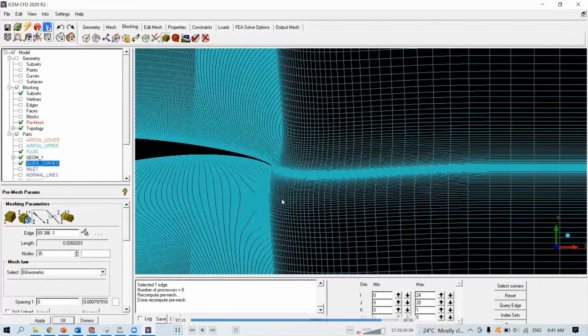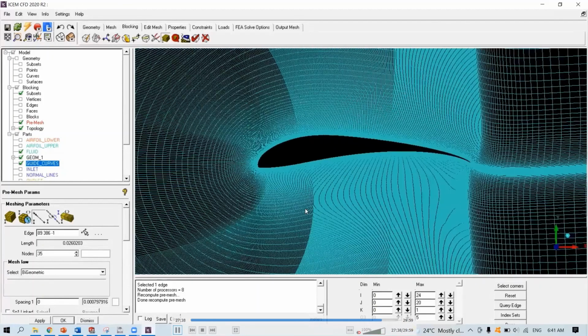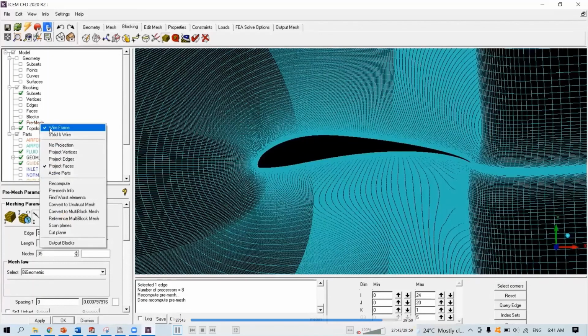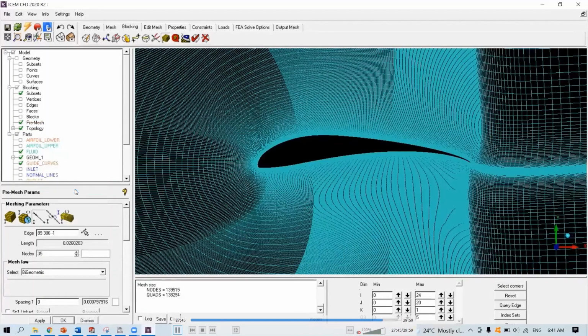The mesh is following the guide curves, and the mesh near the airfoil is normal. So supposedly it should be okay. Now we have the number of cells of 140,000. Yes, it is a lot, but depending on your application, say if you're using k-omega SST, you don't need this. You may not need this amount of mesh density, but if you're using a transition model or something like this, you may need better resolution.